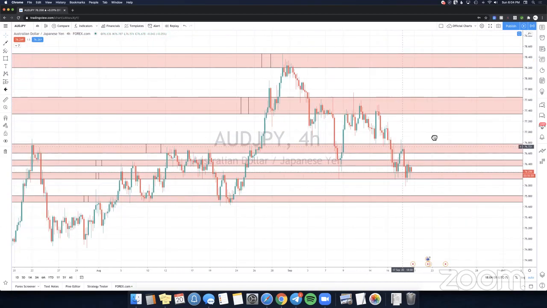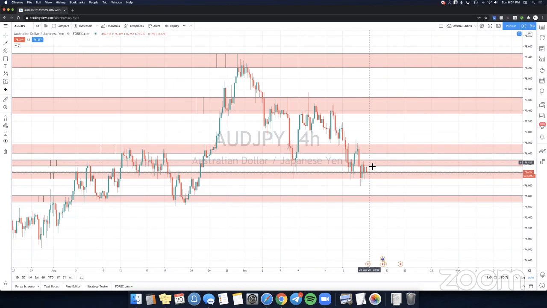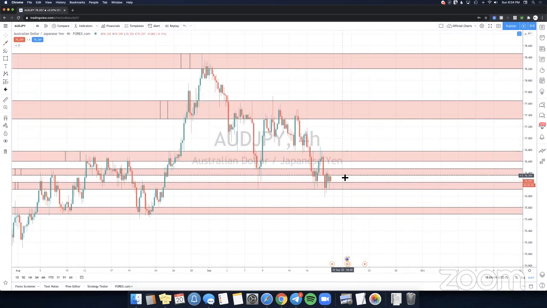So the current zones right now, it's stuck within these two zones. I'd probably consider this the important upper zone, because price may reject off it. It looks like it already has. So it might reject off and come down further. So this upper zone right here is going to be 76.48. And then the lower zone right here is going to be